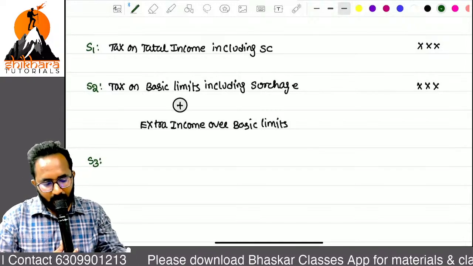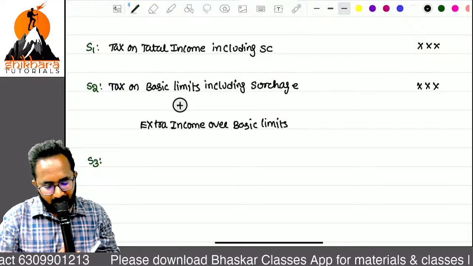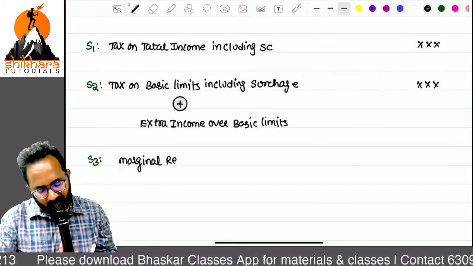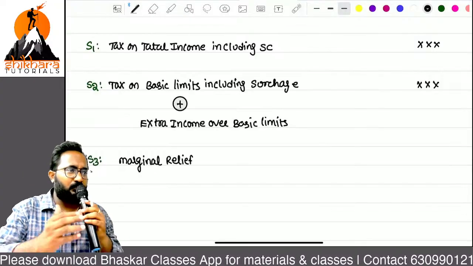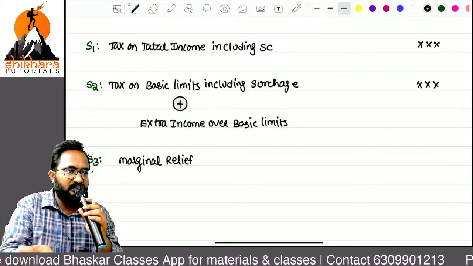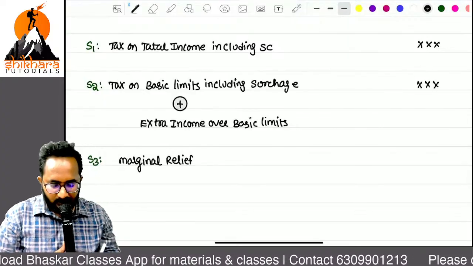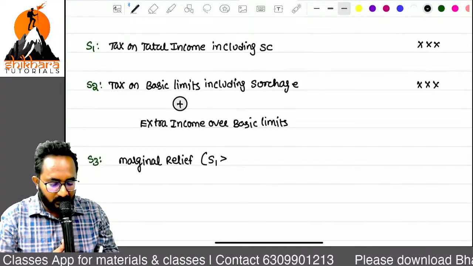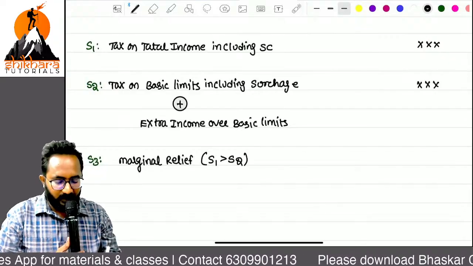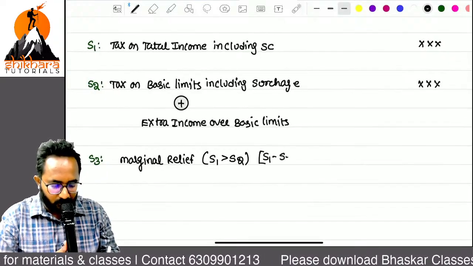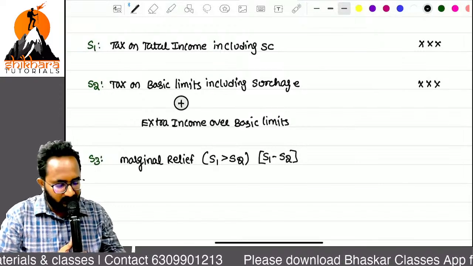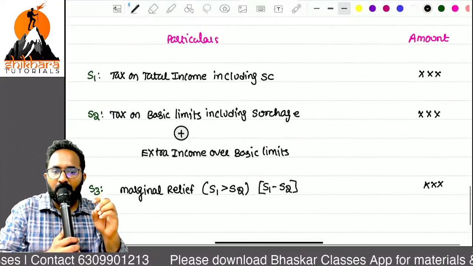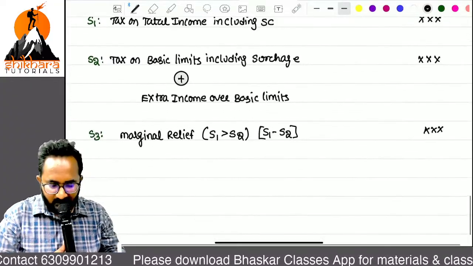Yes. Step 3 is nothing but marginal relief. Sir, if you know, is there a chance of marginal relief? Yes, you can follow these steps, and you can decide whether there is no marginal relief or marginal relief is there. When you can decide that marginal relief is there, ma, step 1 is more than step 2. So the difference between step 1 and step 2 is known as what, ma? Marginal relief. Sir, marginal means they are going to provide only a small amount of relief to the SSCs.